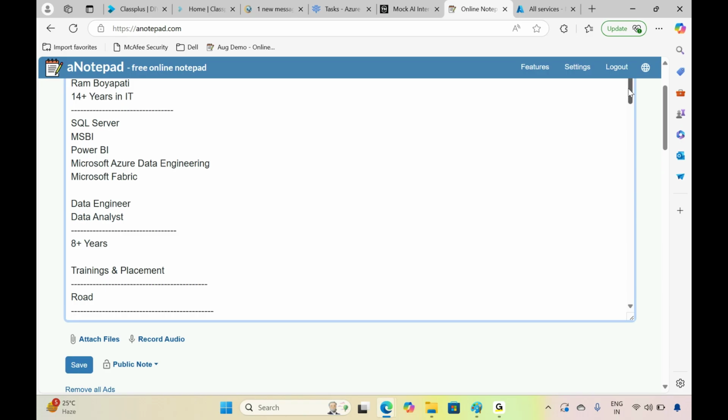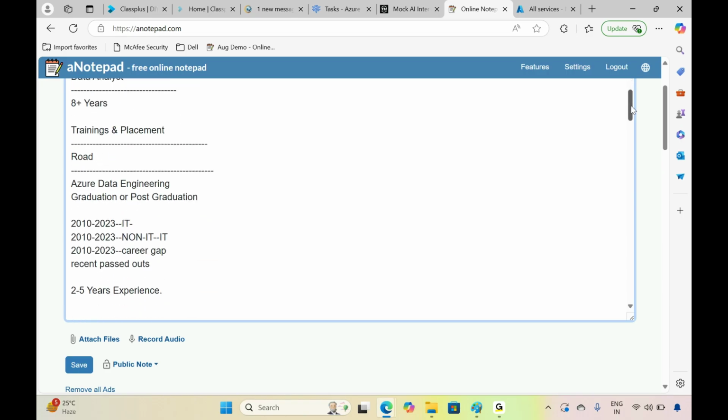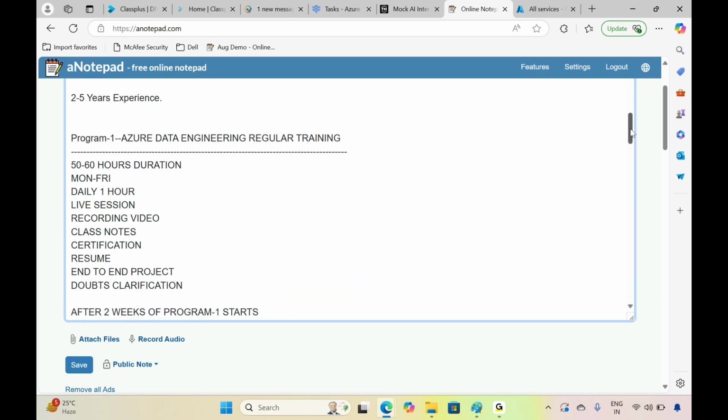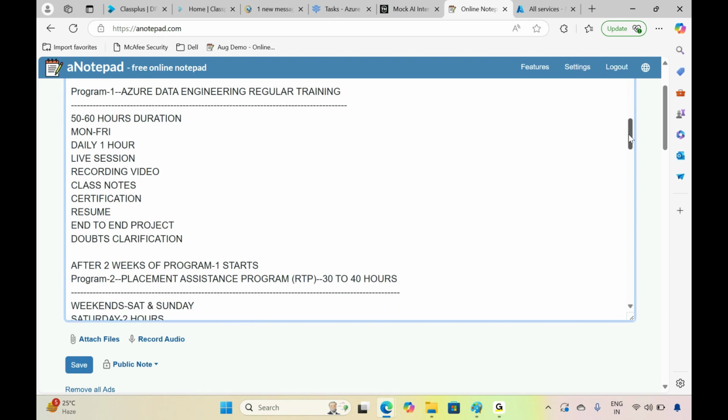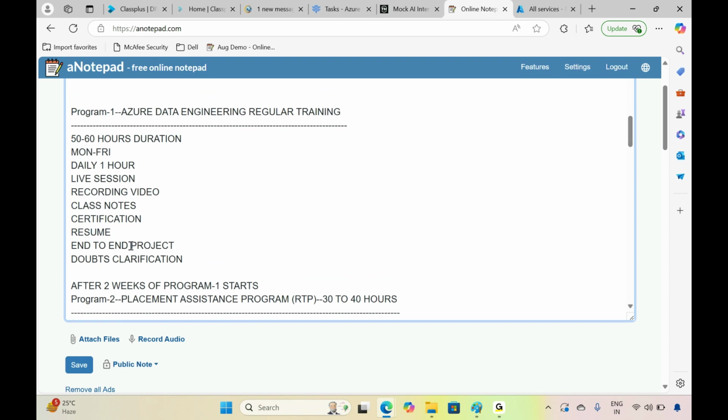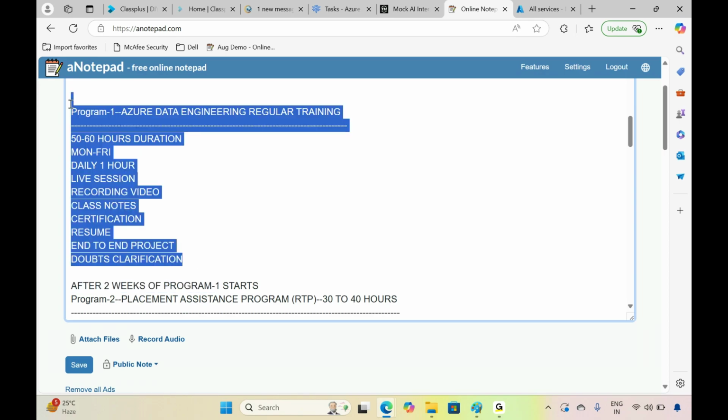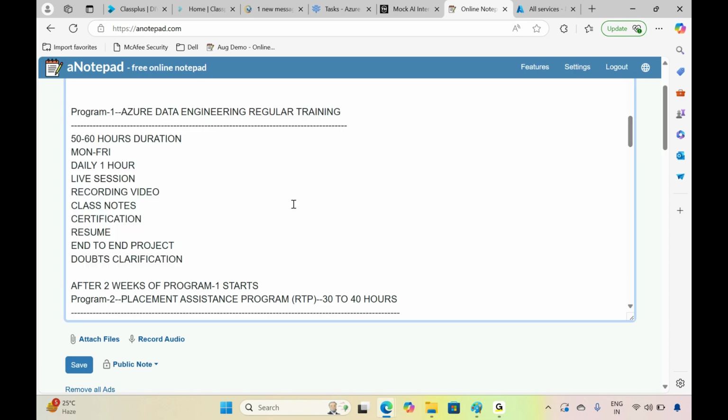I hope you understand what our roadmap is inside this Azure Data Engineering course. There are two programs we are going to conduct, and if you want to enroll for program two, you need to have completed program one. Without knowledge of program one, you cannot start program two. Overall, this program is going to be 50 to 60 hours, and this program is going to be 30 hours.